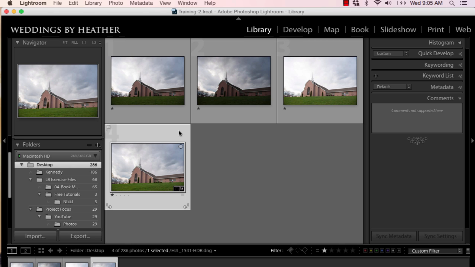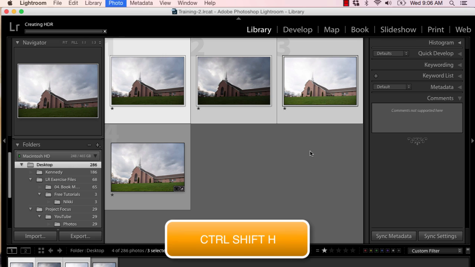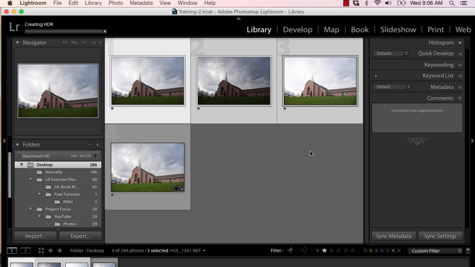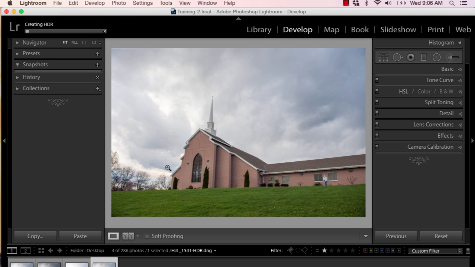So instead of waiting for it to finish, what you can do is select all 3 of those photos, and rather than pressing Control H on your keyboard or going to the File menu, we could execute this to run in the background. So we don't need to see that dialog box. We're pretty much going to use the same settings for all of our photos. So the keyboard shortcut in order to do that is Control Shift H. And then you'll notice that Lightroom is creating the HDR in the background, which means I could go to work on my other photos and continue to be